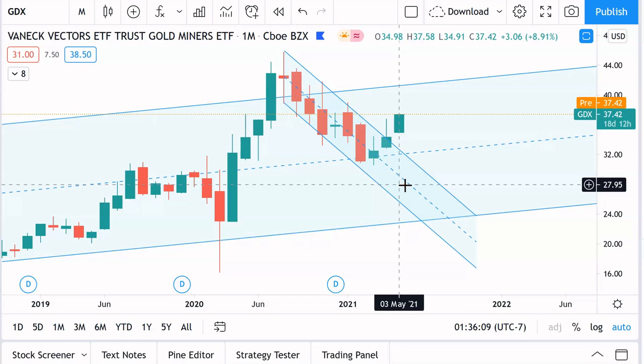big money gets involved. See, big money has to get into the GDX, into the stocks that are the majors, right? They can't get into the minor stocks. The reason they can't do that is because they would be altering the market way too much. They have too much money and they would move the price way too much if they played with the small stocks. So they have to play in the big stocks, the Newmont Minings, the Barrick Golds. So here we've got confirmation that the GDX is on its move, on an uptrend, and we're ready for a